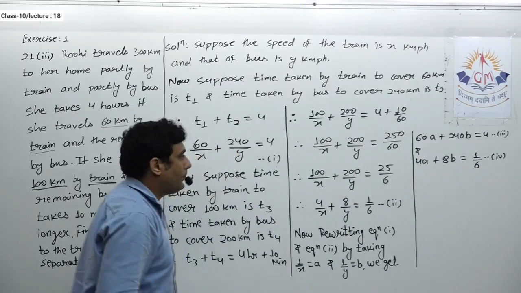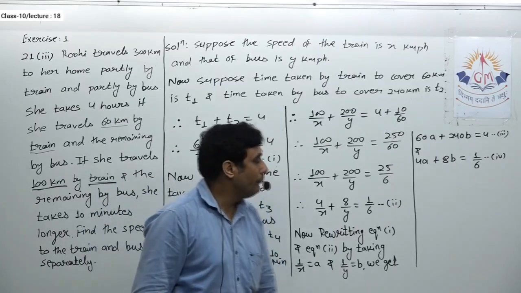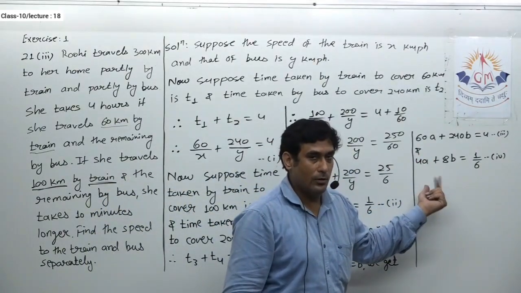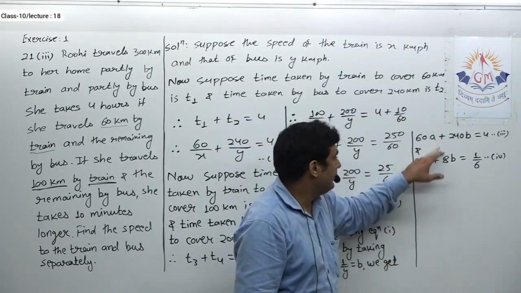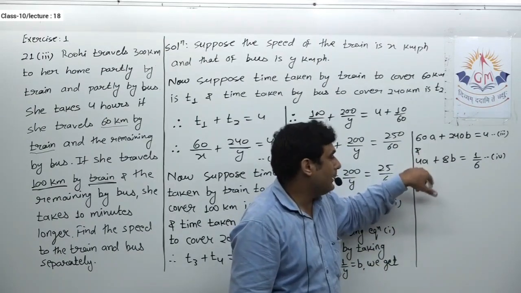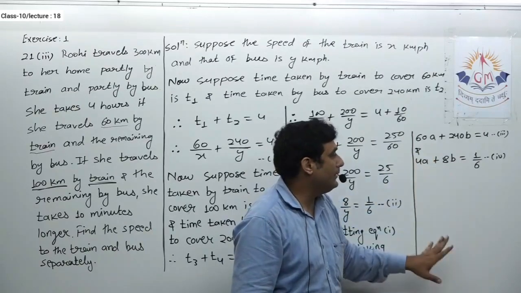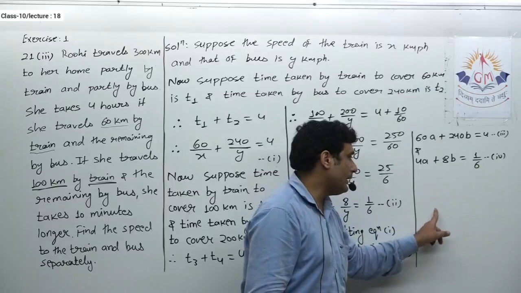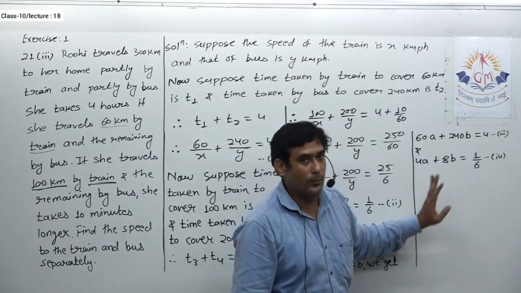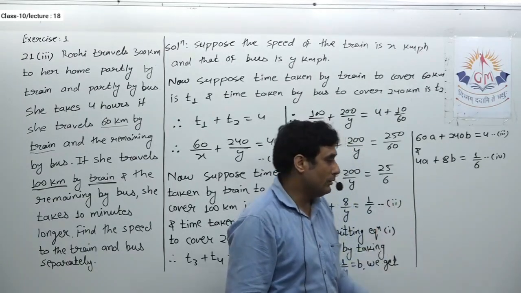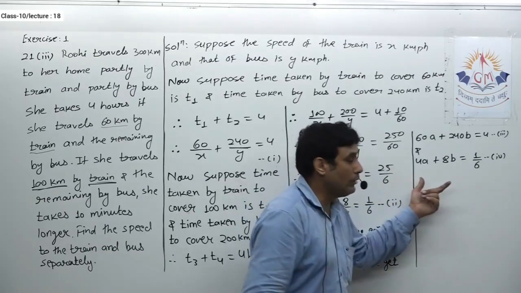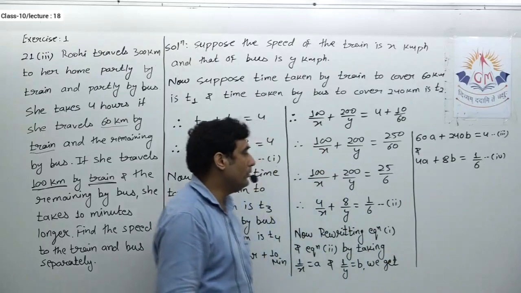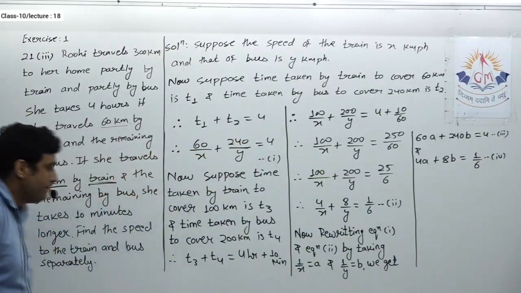I hope up to this point it is clear to you. Now next we have to apply either substitution, elimination or cross multiplication, one of these three methods, to get the values of a and b. So first of all, note it down up to this point, and think about which method you are going to apply, and then I will give you the solution. Also think, if I want to apply the elimination method, then what do I have to do. I am giving you some time, note it down.